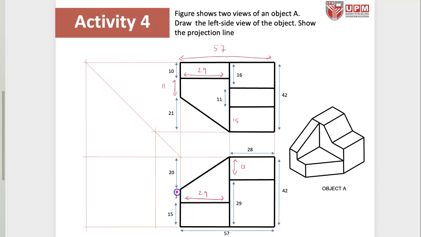And then this guy here, 42 minus 20 minus 15, that is going to be 7. So you would draw 7 plus 15, you would draw this point and connect them. Okay. What else are we missing? 11, 15. This is 15. Okay. So I think we can start with our construction lines, and then we map out the